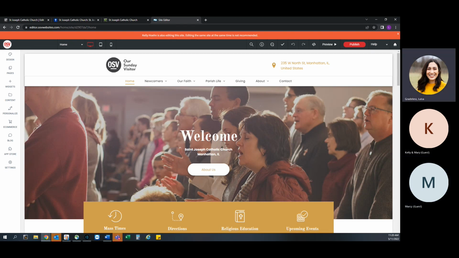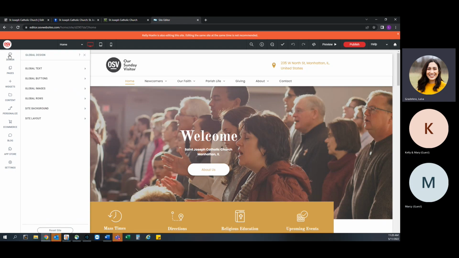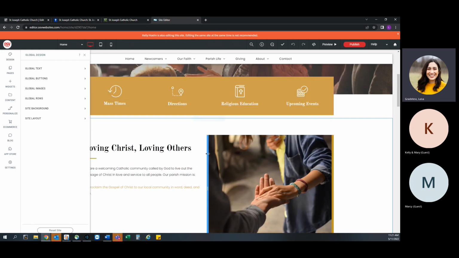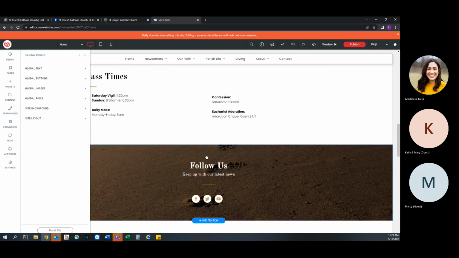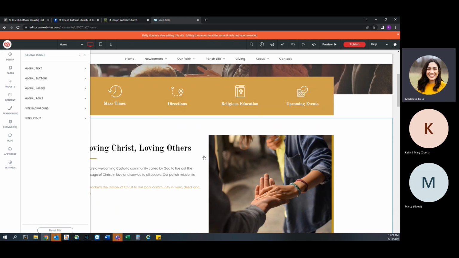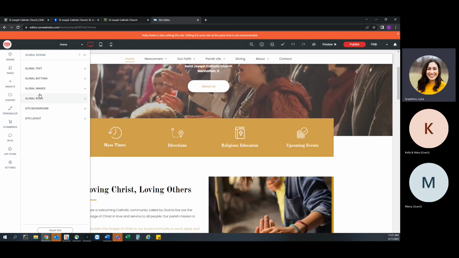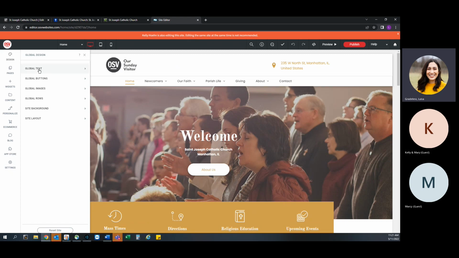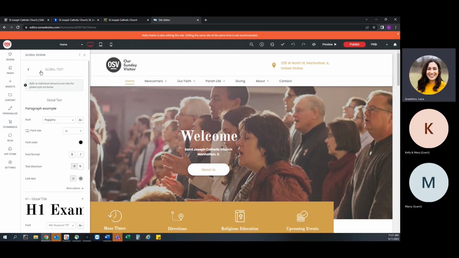So in design, what I like to say, this is your global default. So you chose this template. This template already comes with default settings. Colors throughout is, as you can see, kind of mustard yellow. And the fonts are also default. They're already set. These can be changed. That is something that we just want to reassure. They can be changed. So when you go to global text, this is what your default is set to,